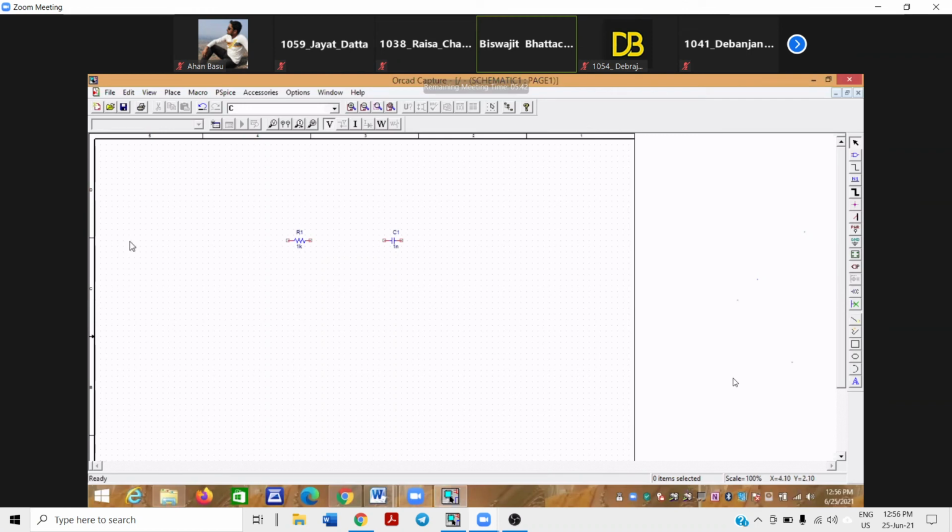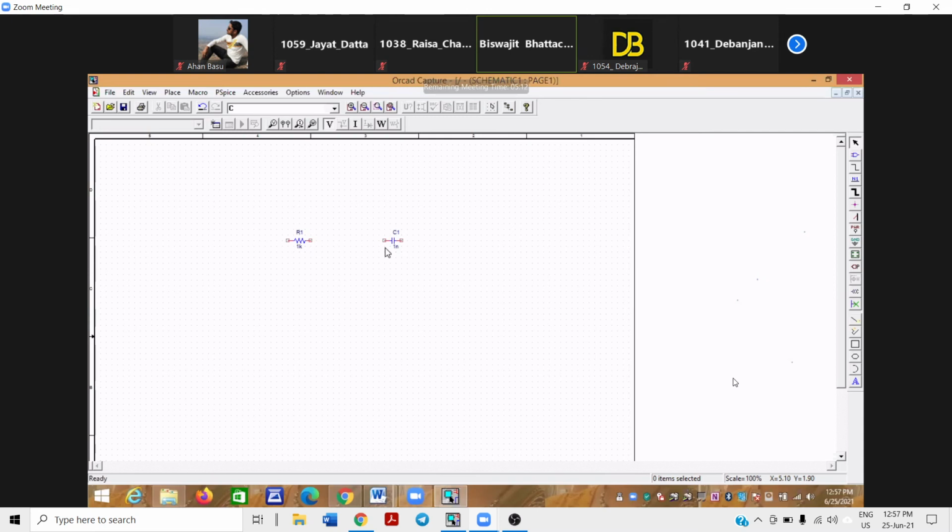So here also, when we call any component, our left hand side node will always be plus by default, and our right hand side node will always be minus by default. For the capacitor, the left hand side node is plus and the right hand side node is minus. So current will always enter from left to right, then it will be called a positive current. If the current comes out, then it will be a negative current.